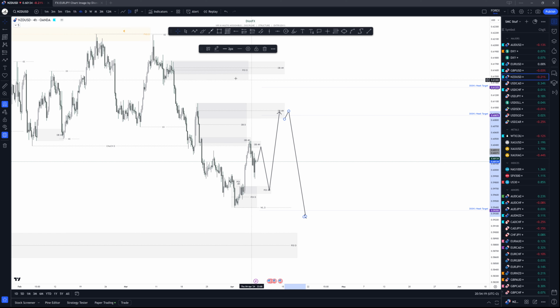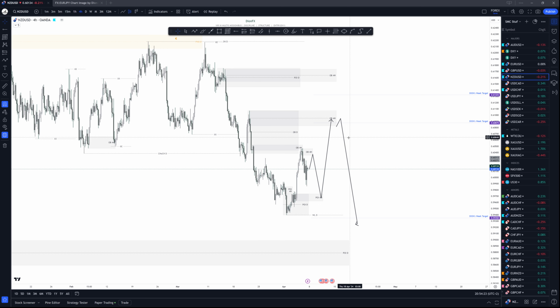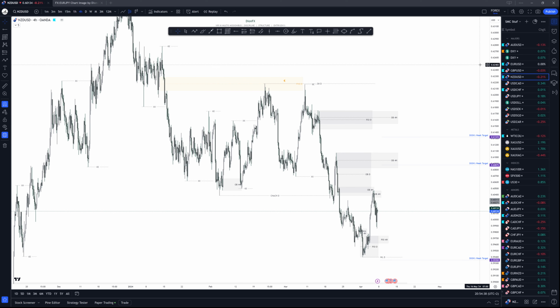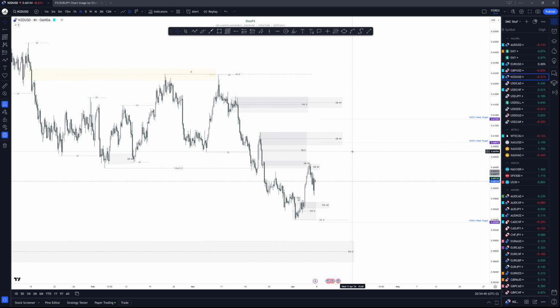Either from this level or from these levels, because we also have this other block on the 4 hour where I would like to see price come inside of it. These are just the levels and the zones. If price comes here, you can look to buy the market to the upside, and if price comes here, or around this level, you can look to sell it. We have news for NZDUSD, so keep that in mind, on Wednesday, I think.